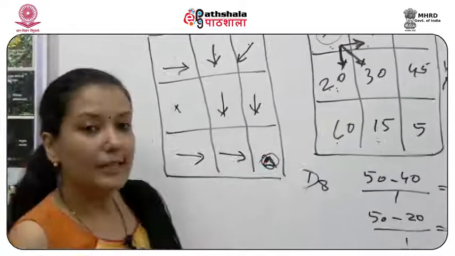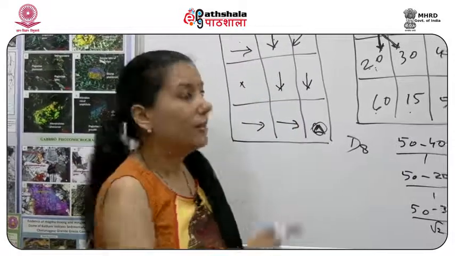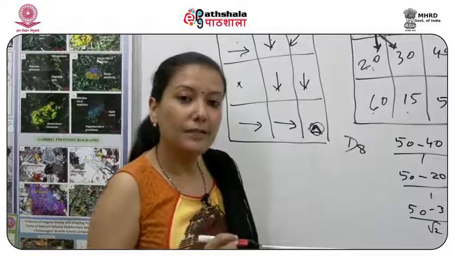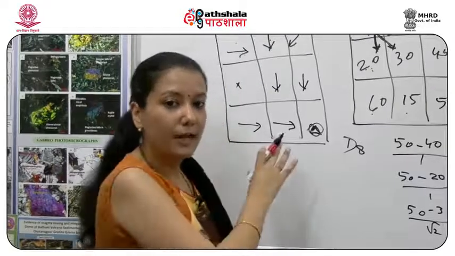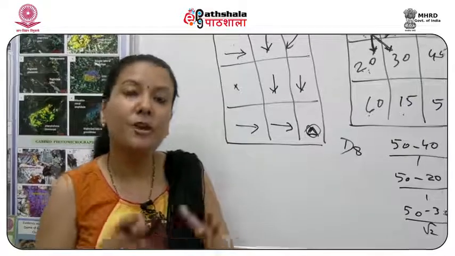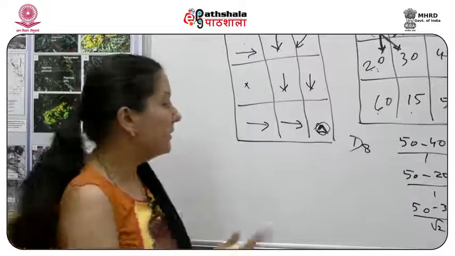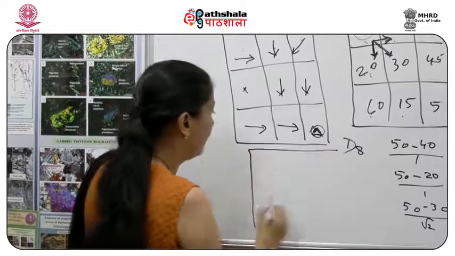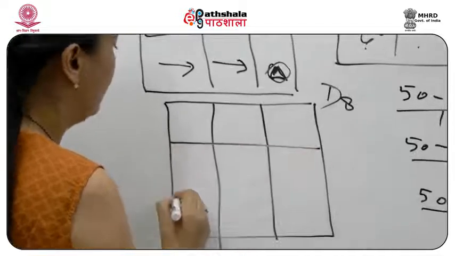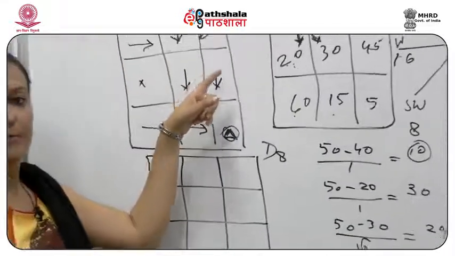Now what does this tell us? This tells us the movement of the water which is happening here, from each cell in which direction the water is moving. Once we have this kind of raster with us, we can have our flow accumulation model now, or the flow accumulation raster data. How do we get the flow accumulation raster data? We again make one more raster here, and we have again these 9 cells, and we count how many cells are giving water to which cell.